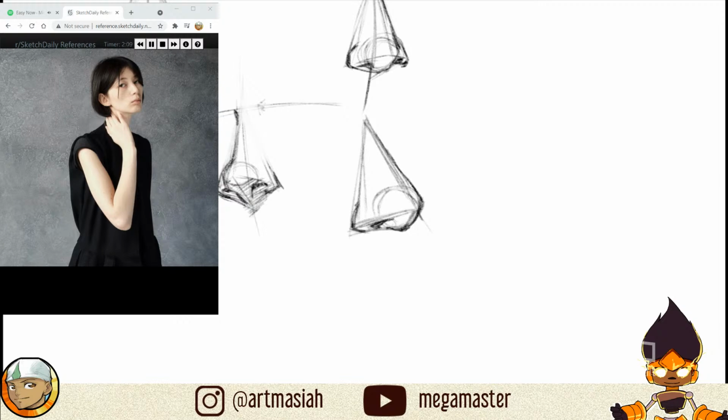Okay, so we're gonna go ahead and draw this bottom plane, slight shading. Okay, that's it, guys. It's really as easy as that. Notice in this one that since this is so much turned to the side, we don't even see the other nostril, and so that's something to take note of while you're drawing the nose. Pay attention to how angled the nose is away from you, because this nostril on the other side gets more and more